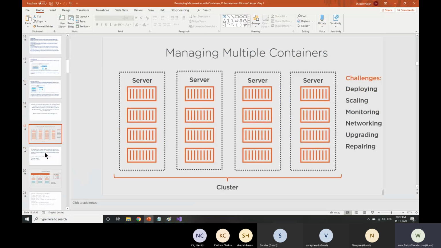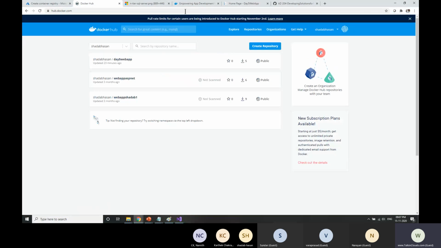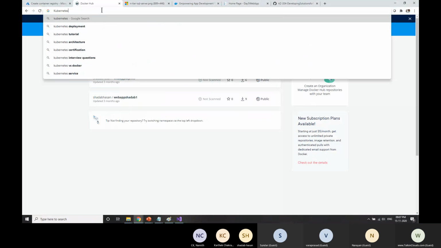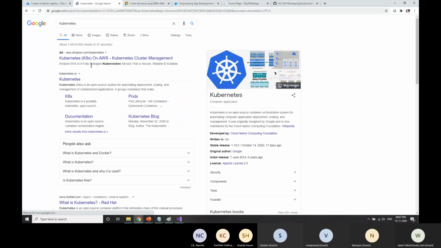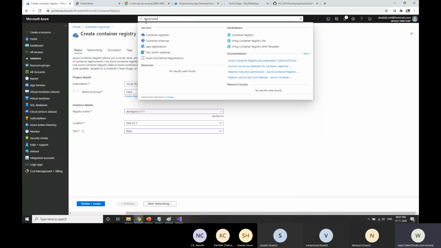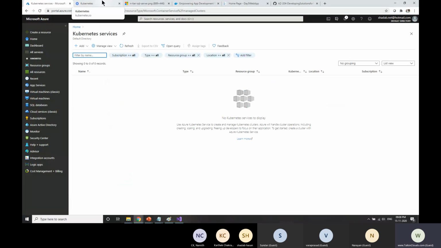There is something called, I told you about, Kubernetes. What is Kubernetes? This is an orchestrator tool. You can go ahead and create it here. You have the Kubernetes services. We are not covering it here, I just want to show you. So what is this Kubernetes? Actually, Kubernetes gives you a feature to orchestrate